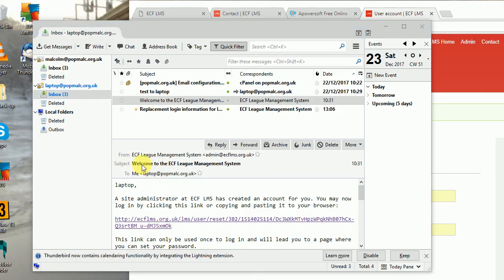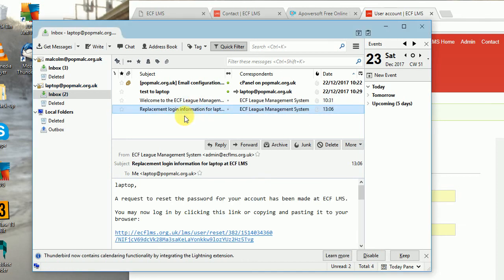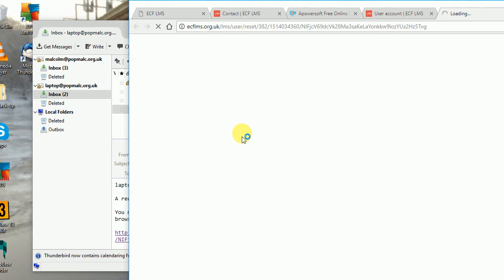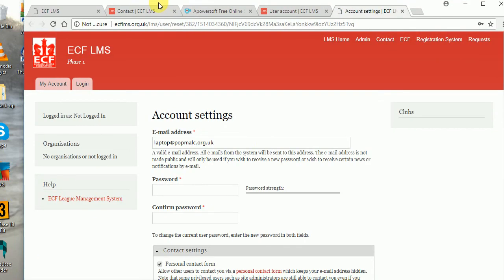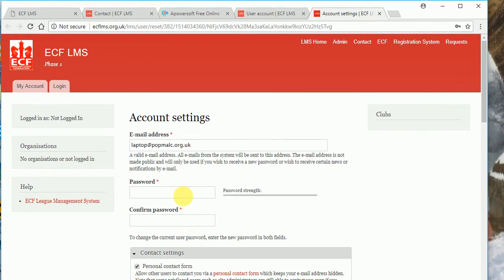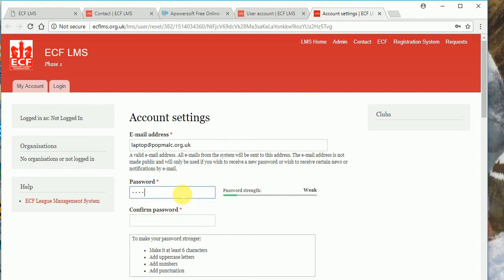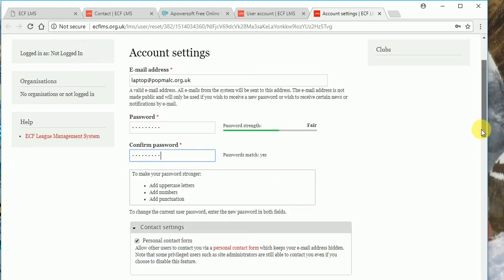and go back to my mail program, and we've got an email saying replacement login information, and this just gives you another link, which means you can log in without your password. So we'll click on the link and that takes us back and gives us one chance to log in, and we can set a password,